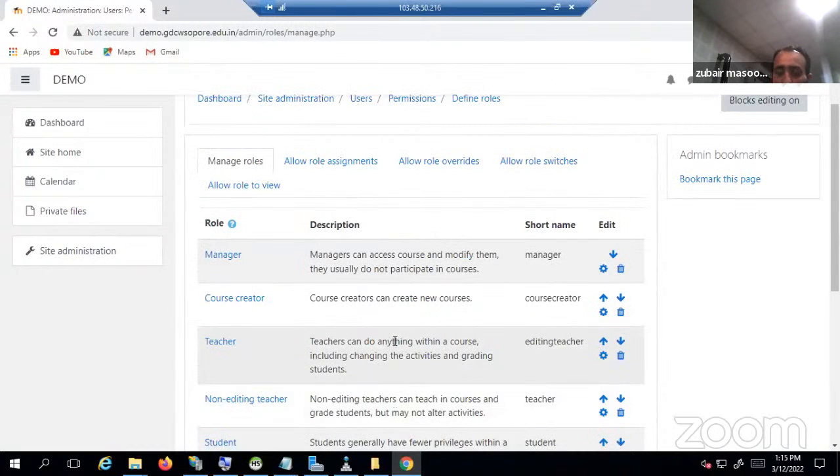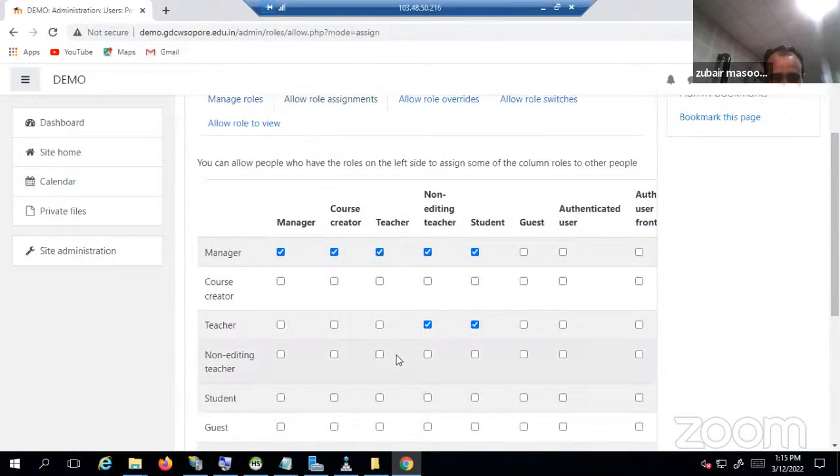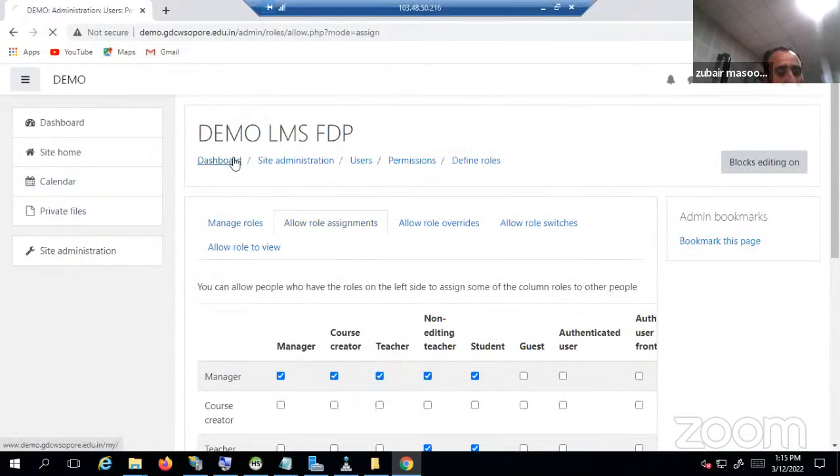So once you define a particular user, you can assign a particular role to that user. Typically, once you create a student, you will assign him a student role. Once you create a teacher, you will assign him a teacher role. Once you create a course creator, for example, the head of a particular department sets up a course, he can then assign teacher 1, 2, 3, any teacher who is currently teaching that particular course, right? And assign more than one teacher. So that is done under the role assignments. That can be done. But for now let's go back to